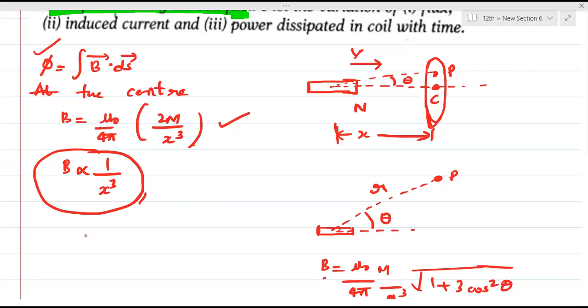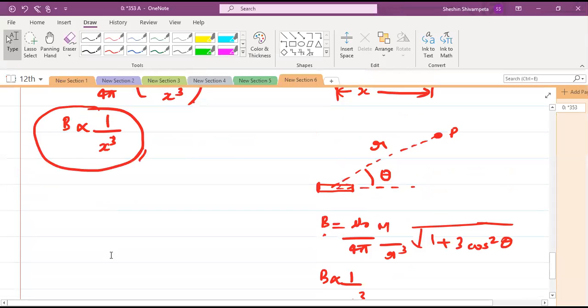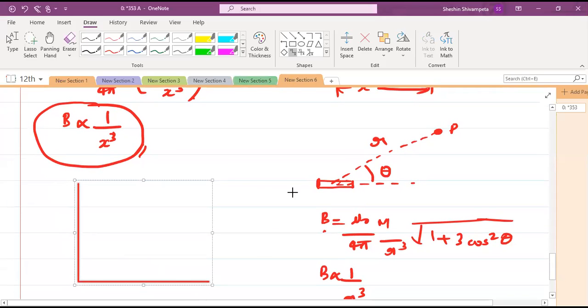जैसे बार मैग्नेट जो है वो पास आता रहेगा, will the flux increase or decrease? As the magnet keeps coming close to the coil, will the flux increase or decrease? Increase होगा. And then as it starts going away, then क्या हो जाएगा? Then it will decrease. ठीक है? Increase होगा, then decrease होगा. समझ आ रहा है ना सबको? Yes. ठीक है? If it's that case,